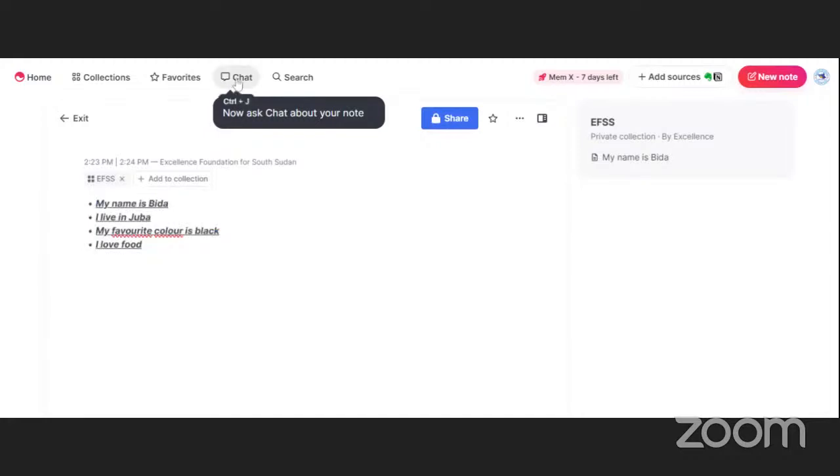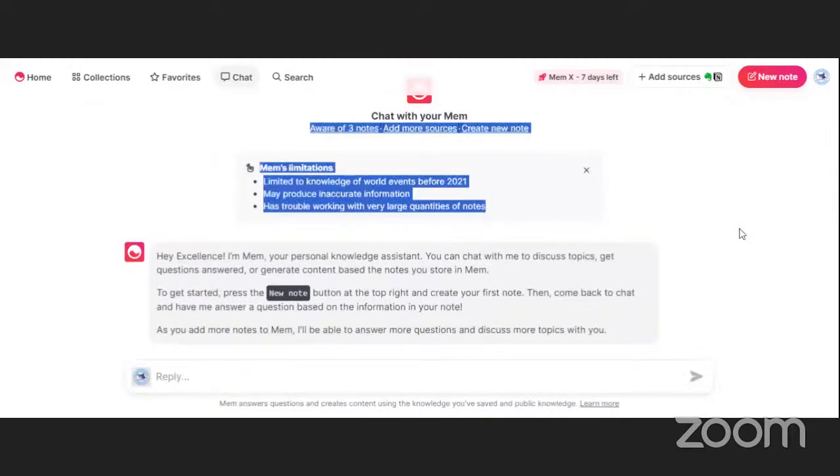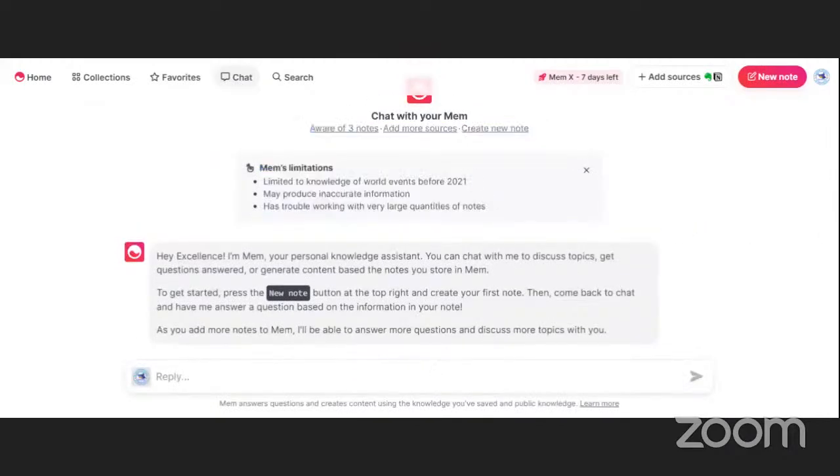Also, if you want to chat, they have integrated an AI into their tool. You can ask, let's say, which food is best for babies of 1 year old.